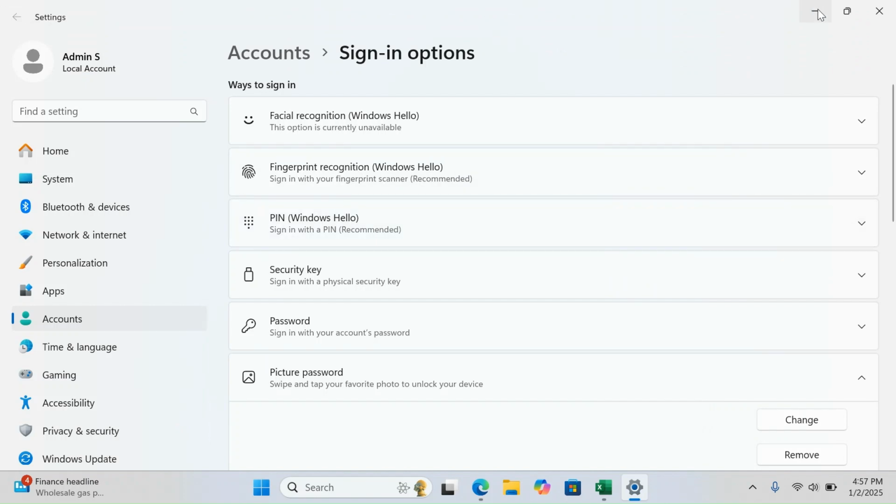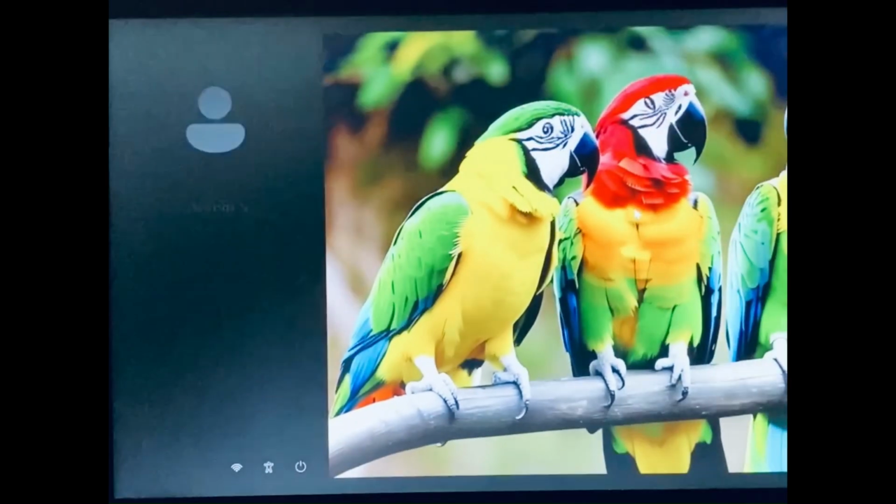So let's go and unlock our PC with the picture. When you come up over